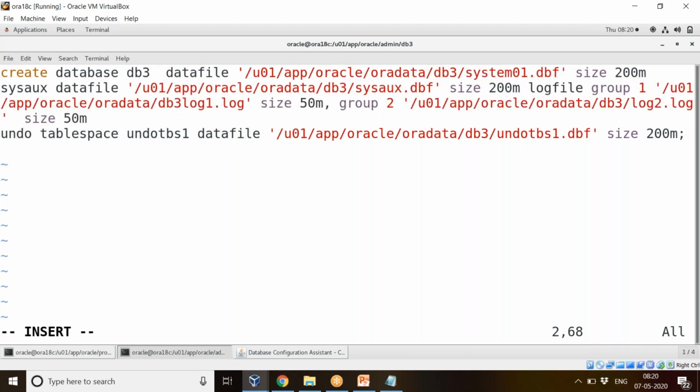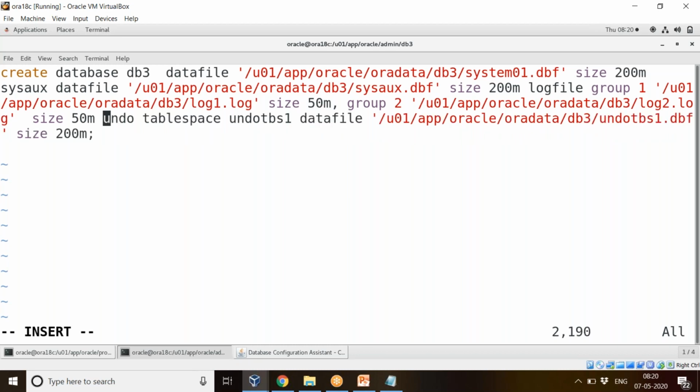Log file means your redo log files. Fine. So redo log files, you have two groups, minimum two groups you can create. Okay. Under oradata/db3, you can create log1.log. This is the first group, and you can create log2.log as well. Fine. So then we'll create the undo tablespace. So like this, we used to create the database.